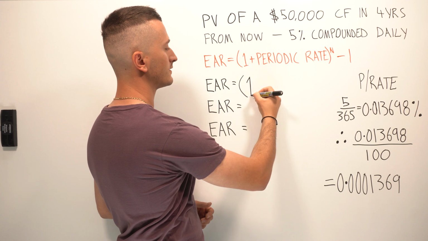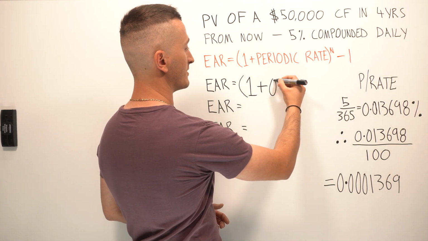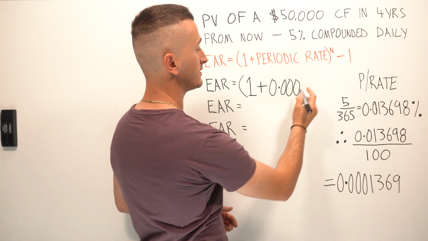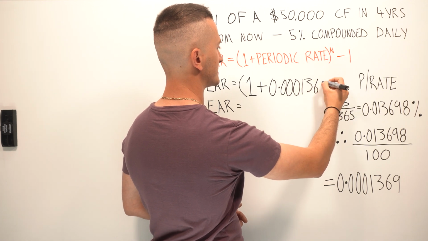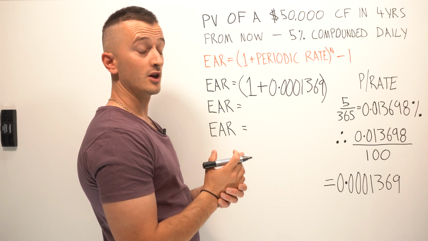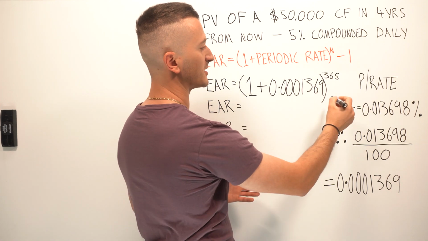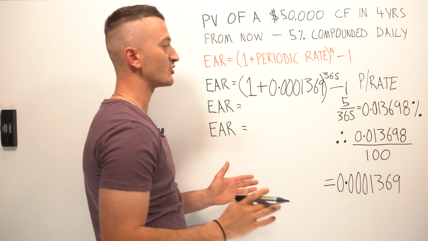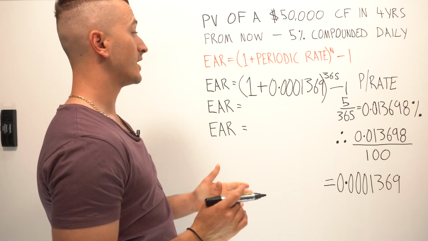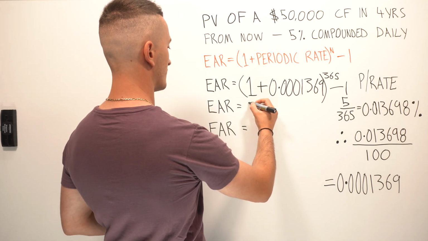So it's now 1 plus this very small number down here. Sorry if I miss a few zeros when I say it. 0.001369 to the power of 365 compounding periods, minus 1. Sorry about that, but I'm sure you can still see what's going on. So if you put this value through the calculator, you'll get a decimal of